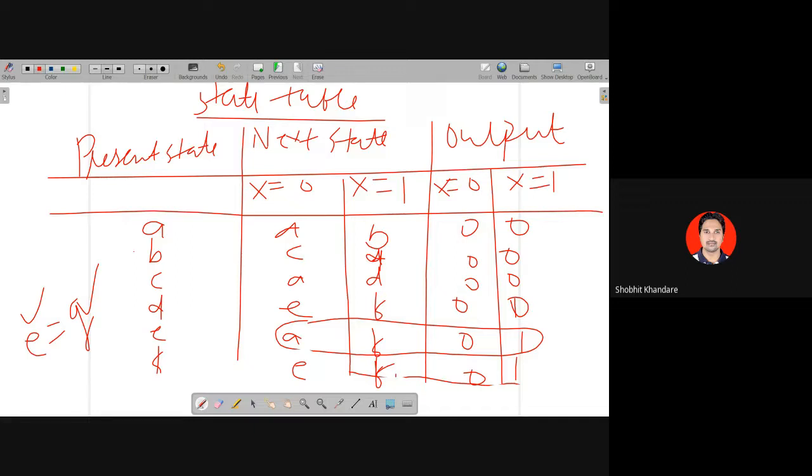अच्छा एक काम करो, please make the correction. ये जो आपने मुझे यहाँ पे 0 बोला था ना, एक काम करो, आपके स्टेट डायग्राम में भी चेंज करो और यहाँ पे भी चेंज करो. यहाँ पे 1 कर दो, ये यहाँ पे 1 कर दो.